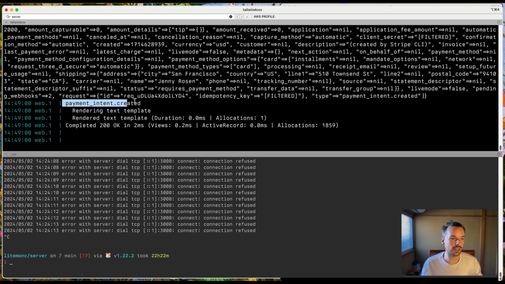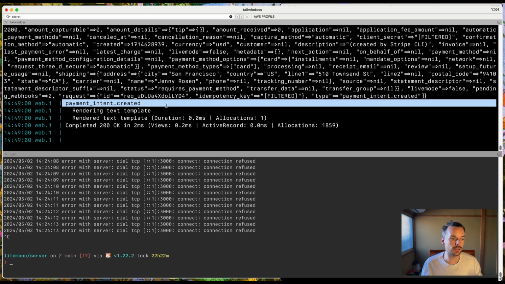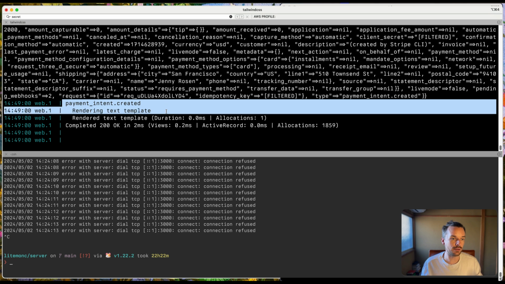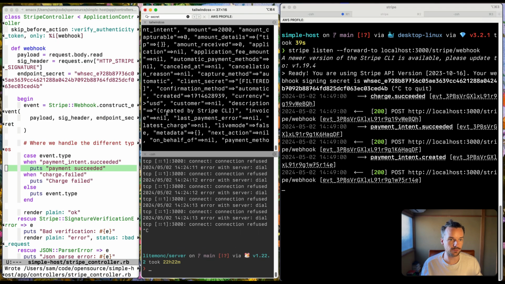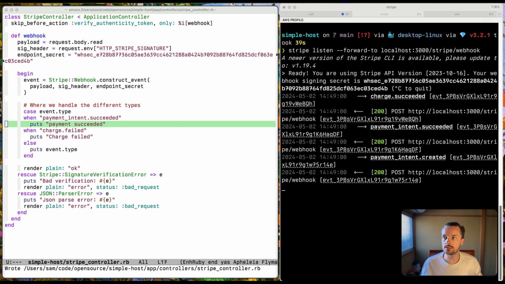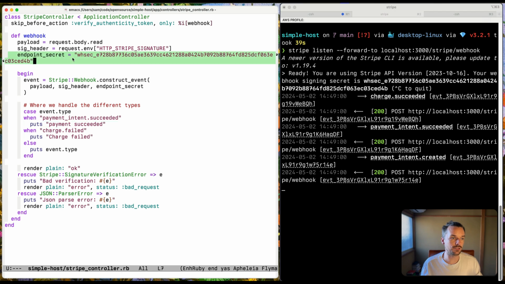You can see that we have the successful request happening and the payment intent is created from here. That's good for us there. And then what we can do now is just to show how it works and make sure that we understand how the secret works. Let's add some elements here